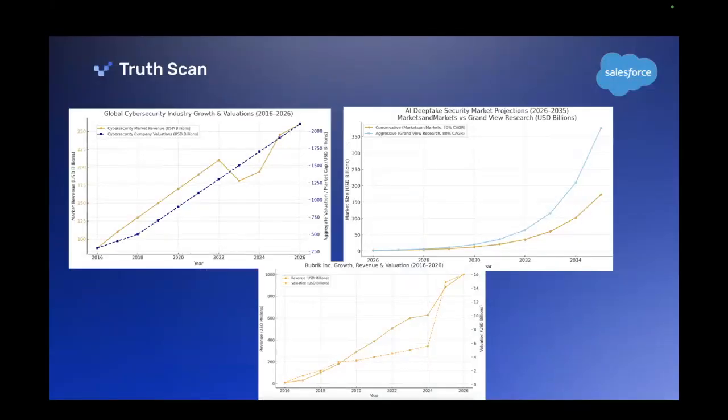So looking at that, if you look at the last 10 years when it comes to cybersecurity, from 2016 to 2026, we came just out of that dot-com boom. So that created a new problem. And that new problem was, hey, everything e-commerce online, people are doing things in the cloud. So there was a huge surge in need for security because there was a lot of fraud, there was a lot of ransomware, a lot of different things that were happening from a security standpoint online in the cloud.